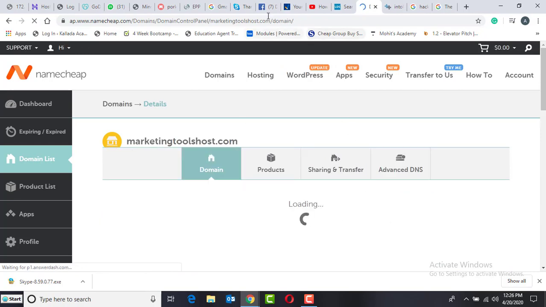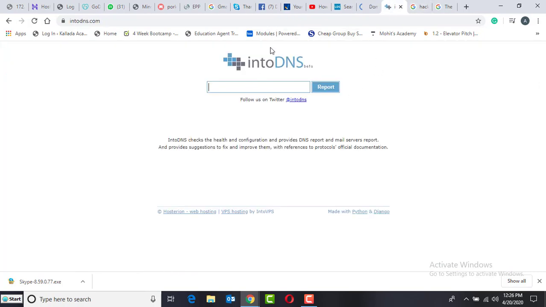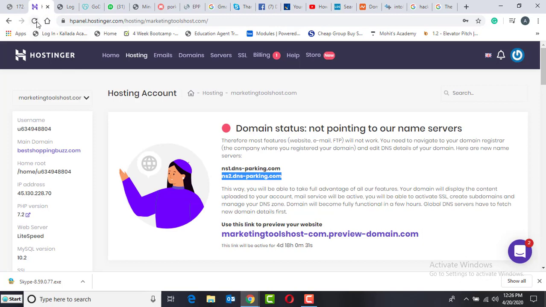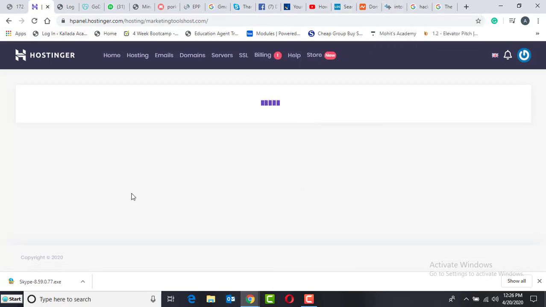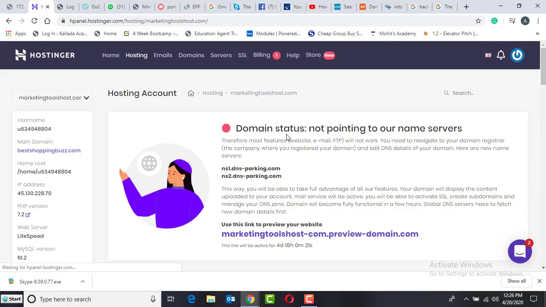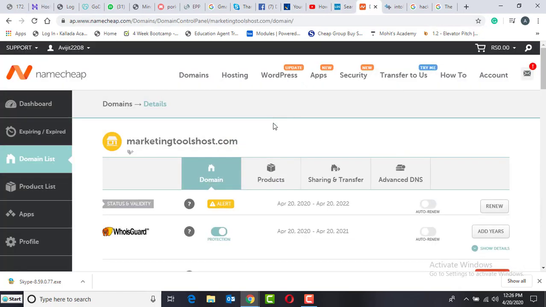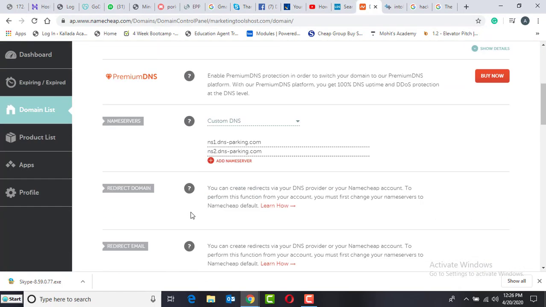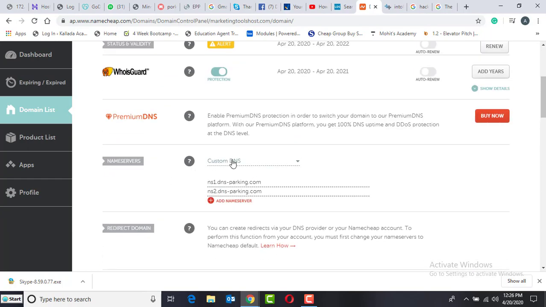Okay, the domain is there. So now we will refresh this and check. If it is done, then it will say hooray. It's still not pointing. So we will go to Namecheap again, and since we have already done the name server, there is nothing much to do.